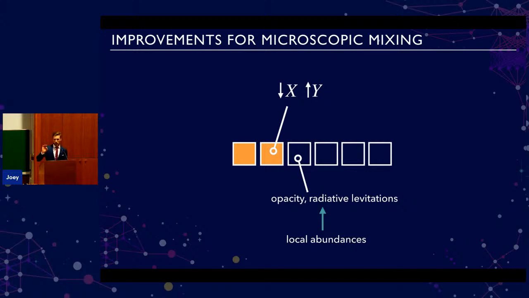In each of your cells, you have a different mixture, or different fractions of your metals, and so you can no longer do this in a very quick way by interpolating between tables, but you have to recompute it every time. So in the MESA evolution code, what it's currently doing is just computing this by brute force every time for each cell at each time step. So it's quite computationally expensive, and the computation of the radiative levitations is also dependent on the relative fractions of your metals.